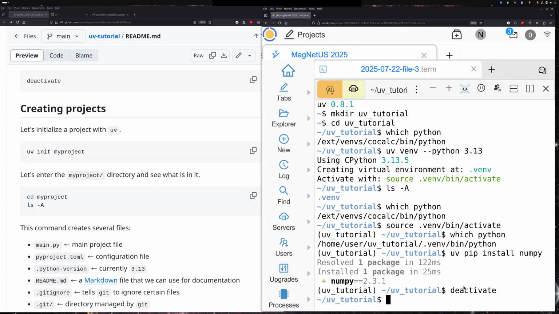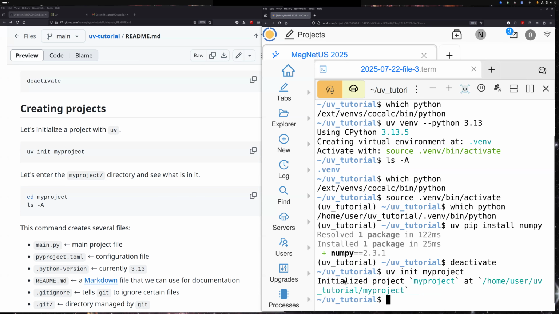All right. And this is quite straightforward. It used to be horrible. Now it's a lot less horrible. To create a Python project, we can do UV init and then my project. And now it says it initialized a project called my project at this subdirectory from where we are now. So let's enter the subdirectory, cd my project,